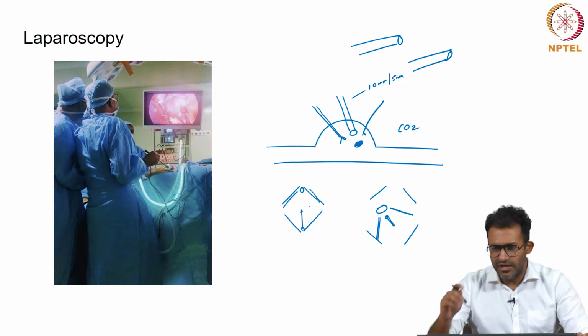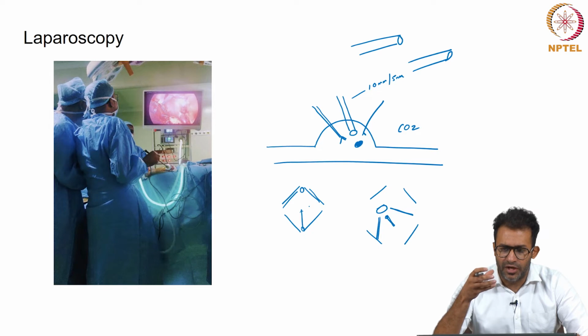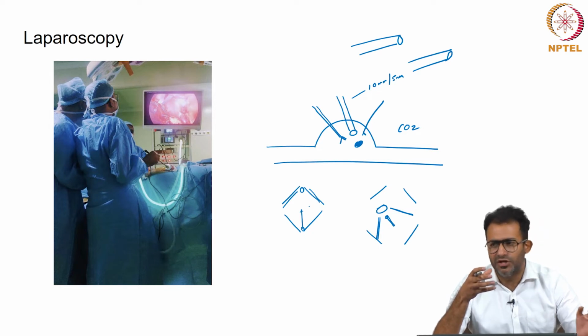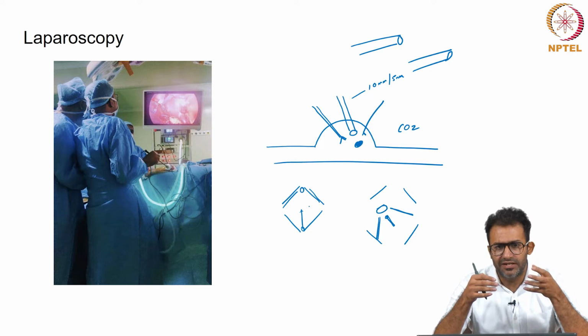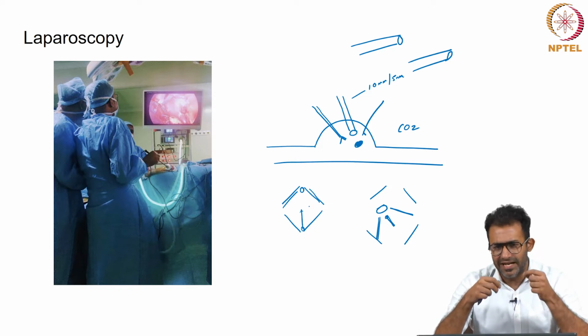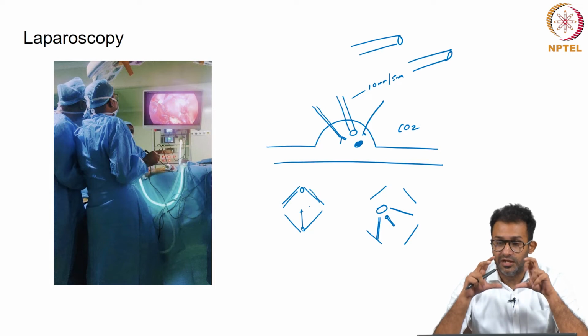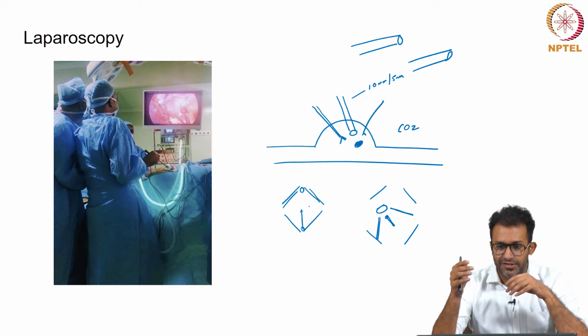I'm not going to delve too much into the principles of laparoscopy, but the major challenge in laparoscopy is that you're not touching the organ with your hands. So you lose that tactile sensation, and for 200, 300 years, we have been taught that surgery is a very tactile art. You feel the organ, you touch the organ, and that is something we lose with laparoscopy. But the advantage is that it provides a degree of magnification which is not possible with conventional open surgery. So there are certain advantages, there are certain disadvantages, and robotic surgery is a type of laparoscopy.